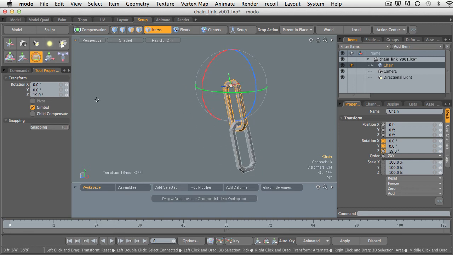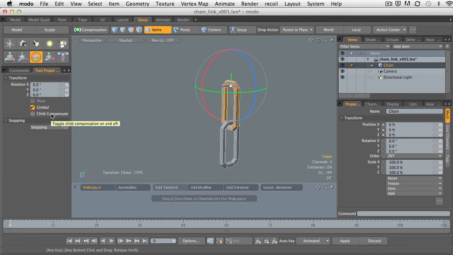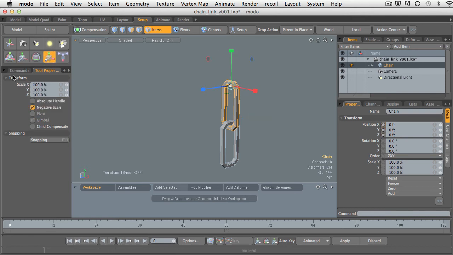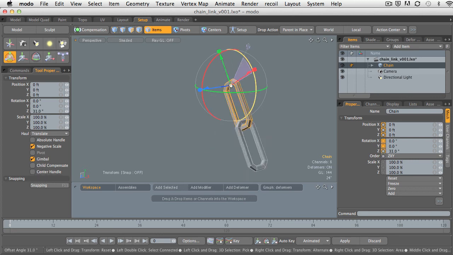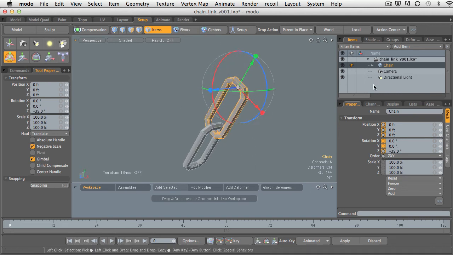One little landmine, though, that I want to make sure everyone's aware of, and it's this child compensate. Make sure this is turned off, okay? Just leave this off for almost everything that we're going to be doing here for the first couple of weeks. This is a landmine, so make sure that's turned off. And you want it off for both move, rotate, scale, and the item transform. So just make sure child compensate is turned off. All right, so that's how easy it is to parent things inside of Modo,